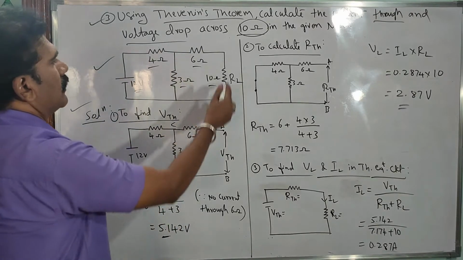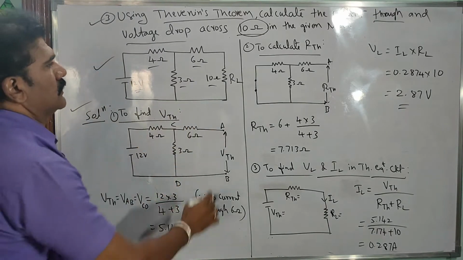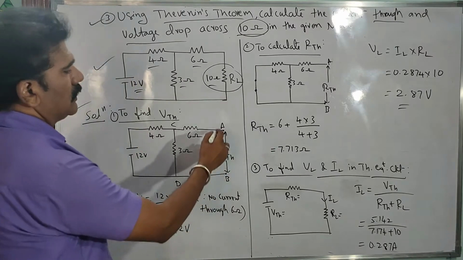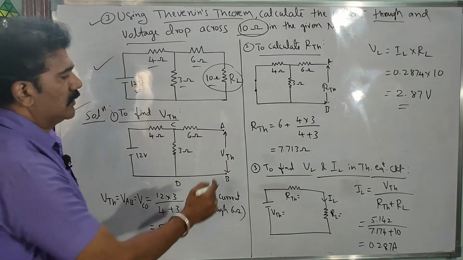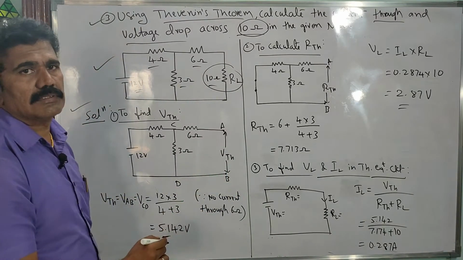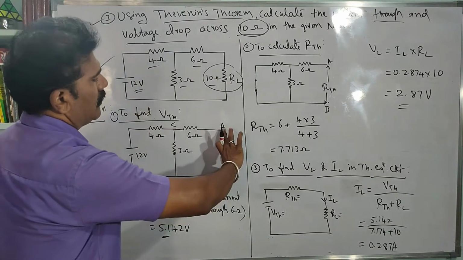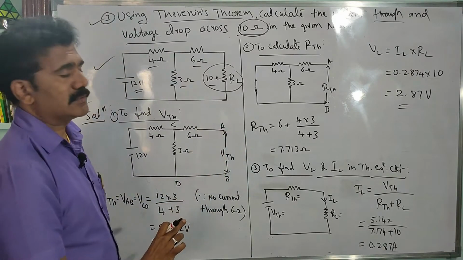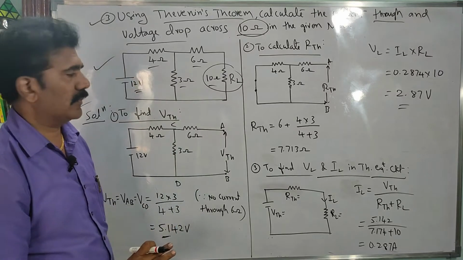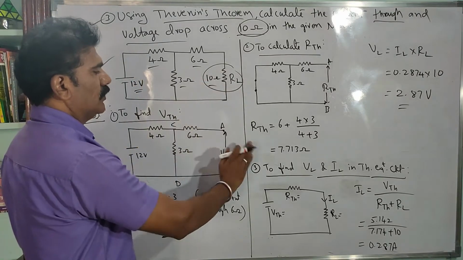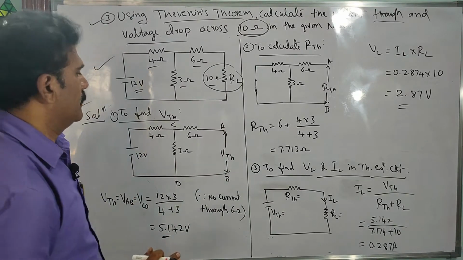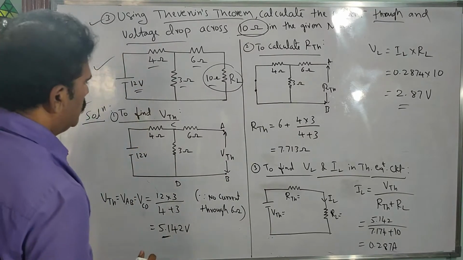So first, in the given network, identify which is the load resistor. So yes, this is the load resistor. So you can remove that load resistor. As per the steps, remove the load resistor and mark the open terminals as A and B. Across the terminals A and B you have to measure the VTH, the voltage across the terminals A and B. So the remaining circuit should be as it is. Just RL should be removed, and measure the voltage across A and B, that is called VTH. That's it. Okay, so now look at the circuit.